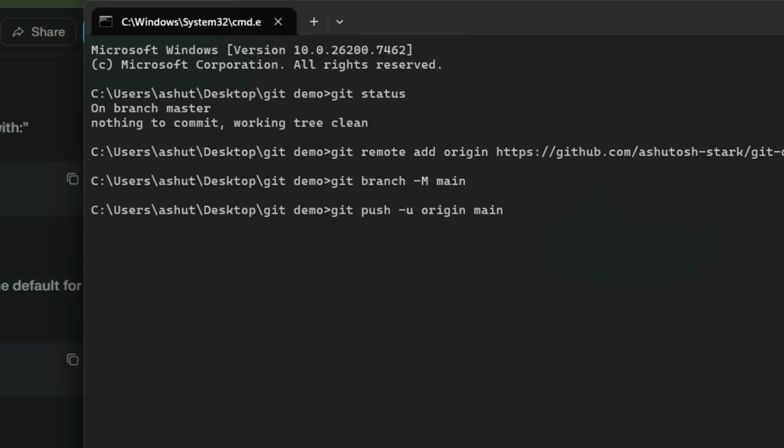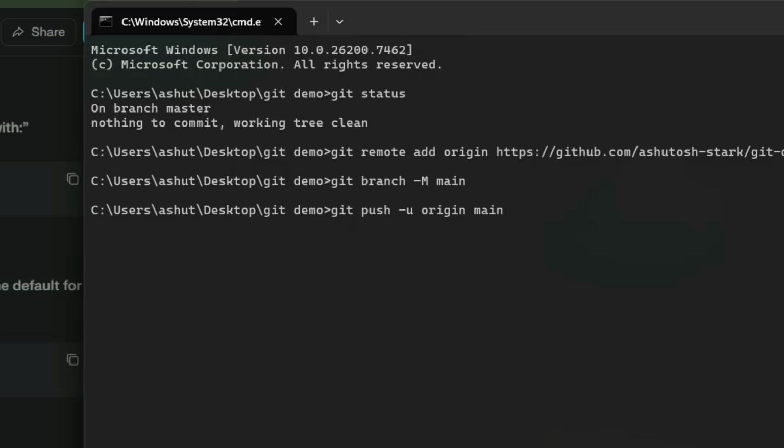Push means that we are telling Git to send the commits to the remote repository or remote location. Origin is the remote name. Main is the branch to which we are pushing the commit. If you have created the branch with some other name, you can write that branch name over here. And -u means we are setting the upstream,